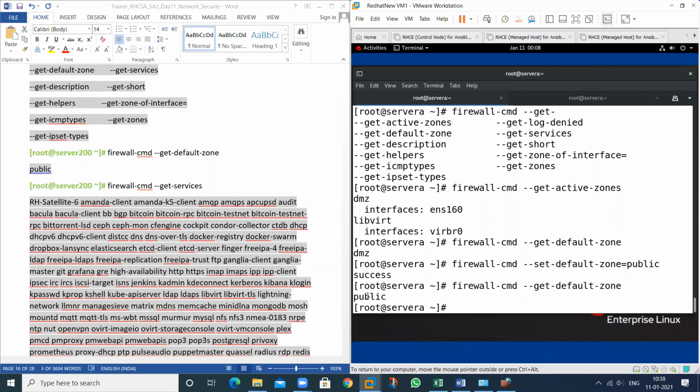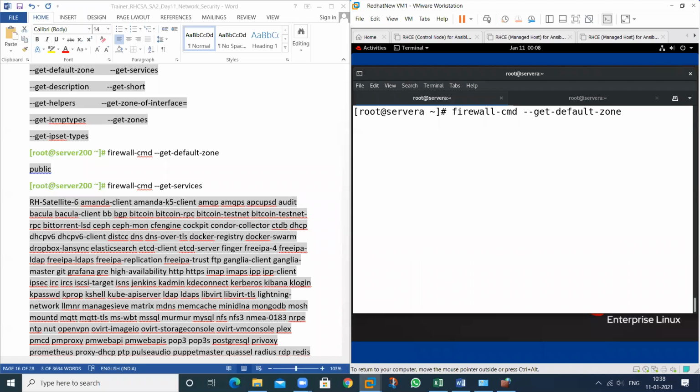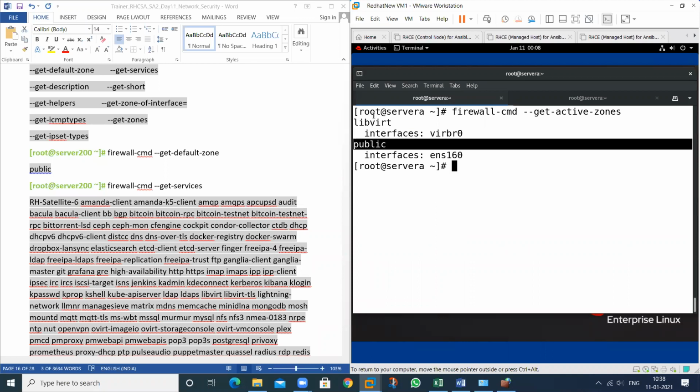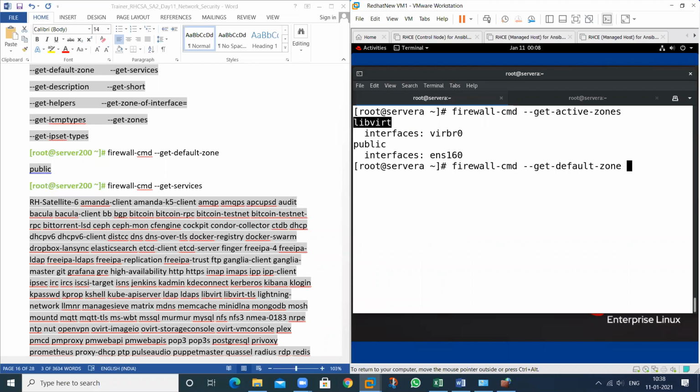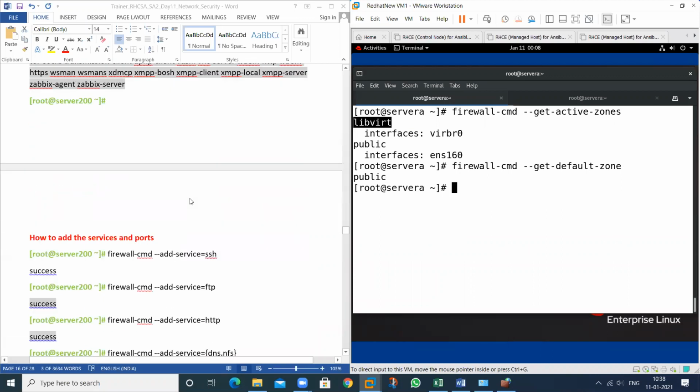What is my default zone? Now my default zone is this one. If I want to check all the active zones, you can also check these two zones that are active at this time. But which one is default? You can use this particular command. So these two commands are most important in this. You can use all of these.